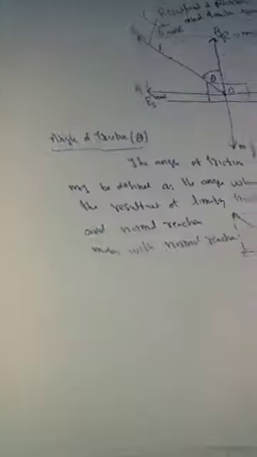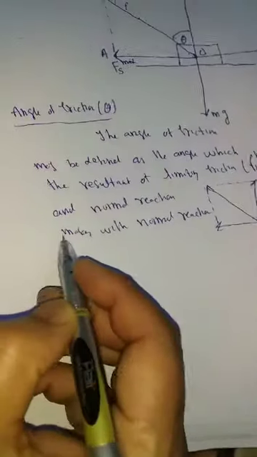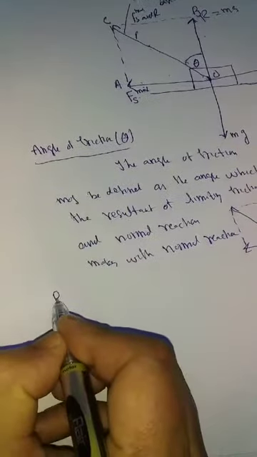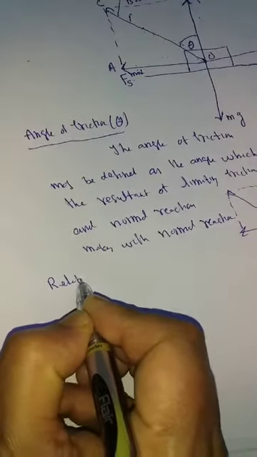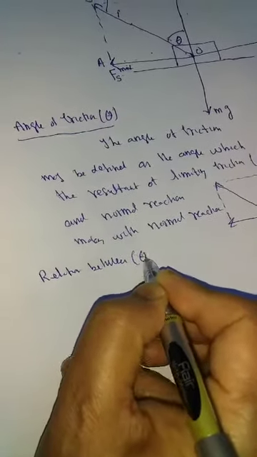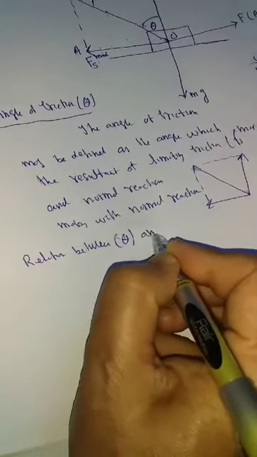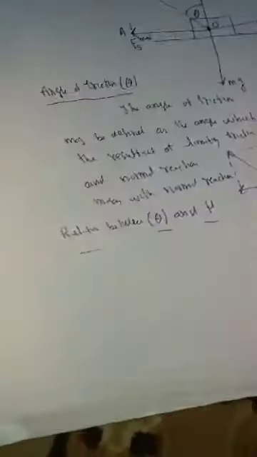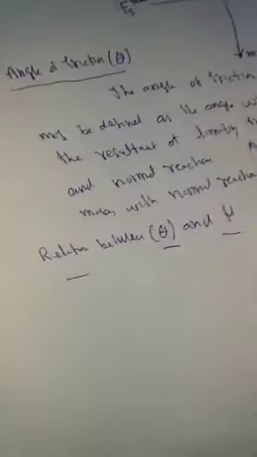Now we have to find out the relation between them. I hope you have got it. I can write that theta is the angle of friction and the coefficient of friction is mu. We can find out their relation. Now if you look at the diagram here,